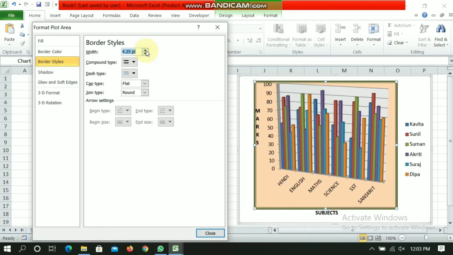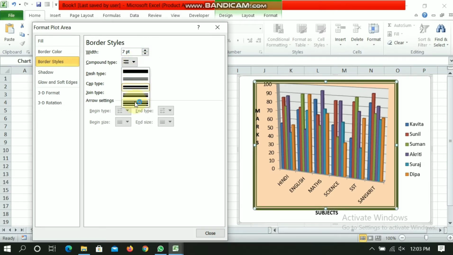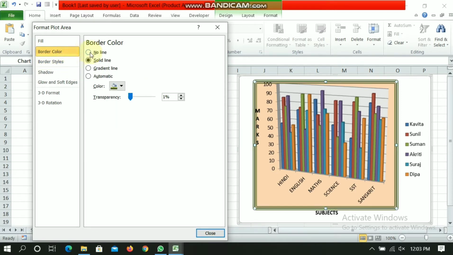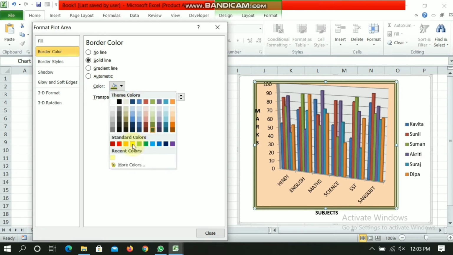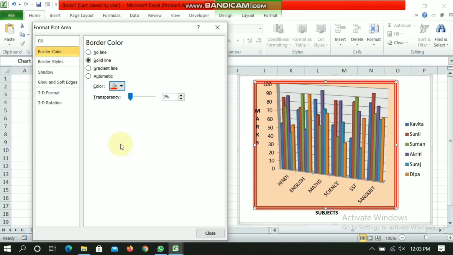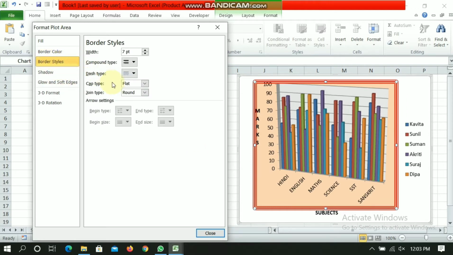As I increase the width, it will be easier for you to see the style of the line and color of the border as well. Here I have chosen green color and now red, so it is clearly visible as I have changed the border style.